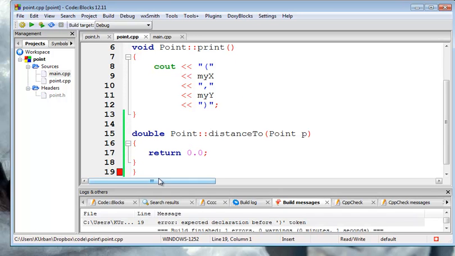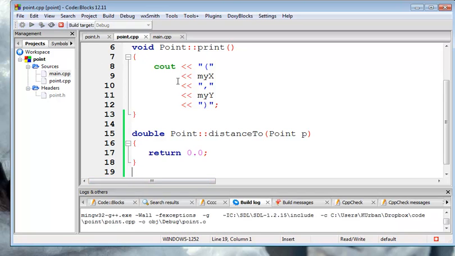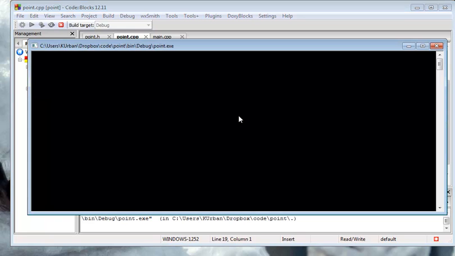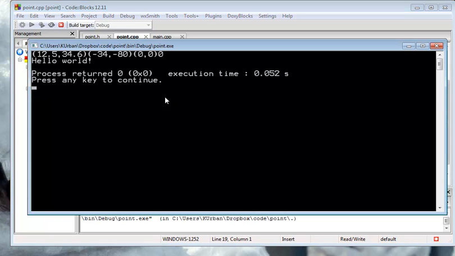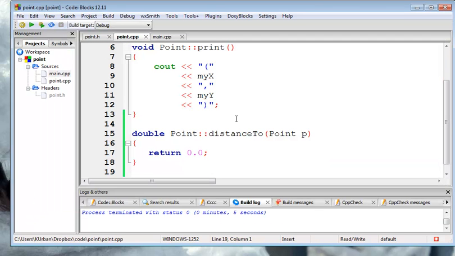It says I ended up with 2 close squiggly braces. Let's try it again. See, it's easy to find mistakes because it's always right where you typed it. Okay, and we have over here this 0 sitting at the end. My debugging can use a little help there. So let's